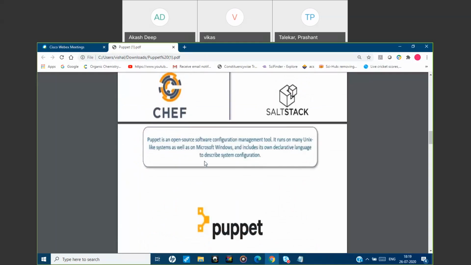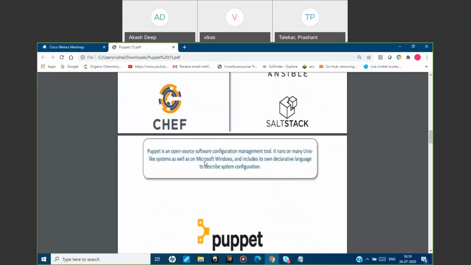So why will we be studying Puppet? Because Puppet is an open source software configuration management tool. It runs on many Unix-like systems as well as Microsoft Windows. So the thing is that with Puppet,